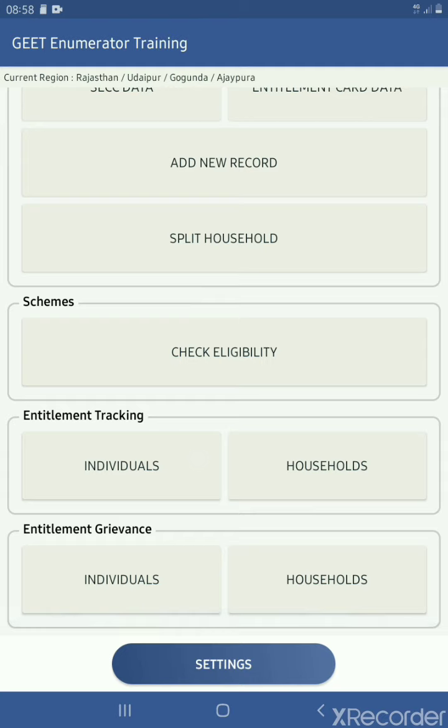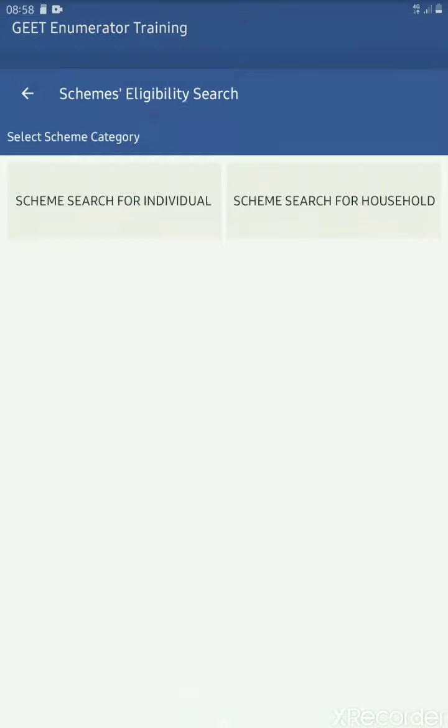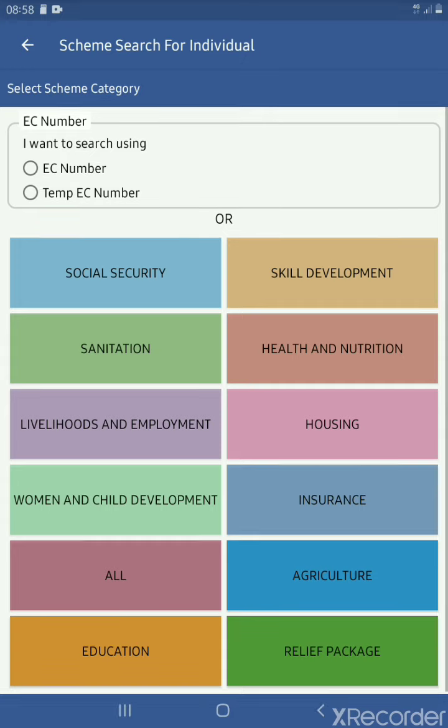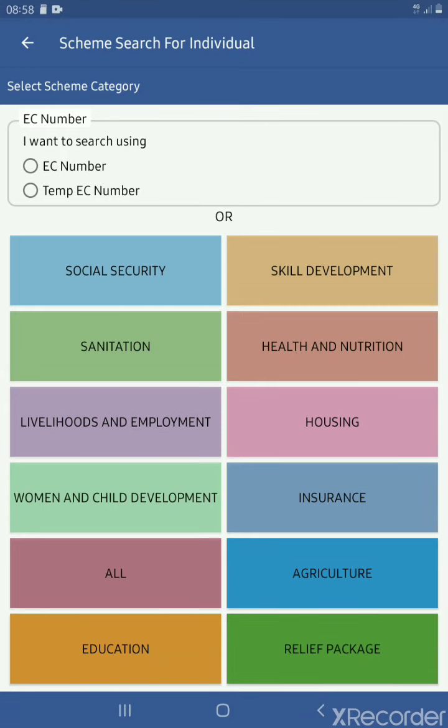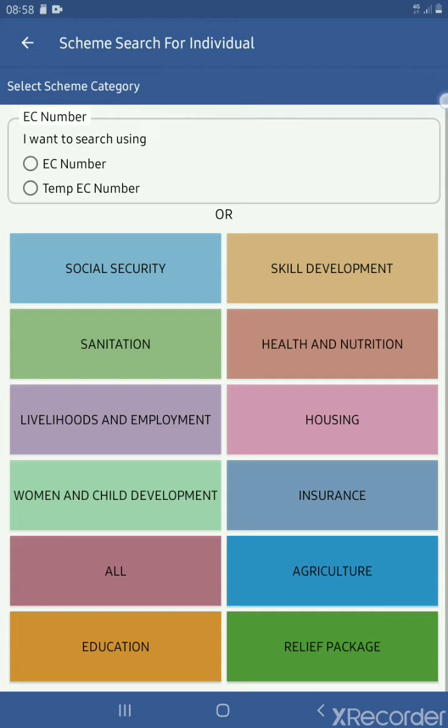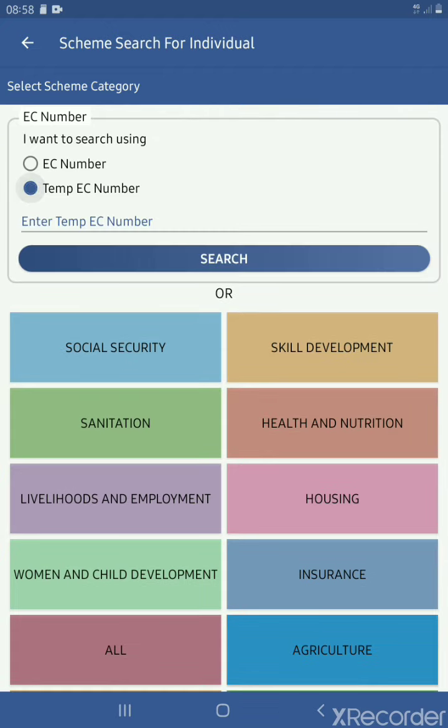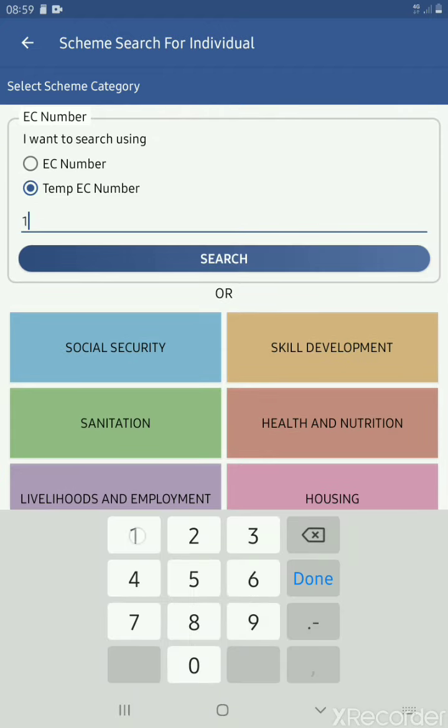Next come the schemes. Within schemes we have check eligibility. When we click on check eligibility, we can basically search schemes for the individuals as well as for households. So first of all we will see scheme search for individuals. When we click on it, we can search for the schemes for individuals by using the EC number or temporary EC number. For example, we have the beneficiary with temporary EC number 1.